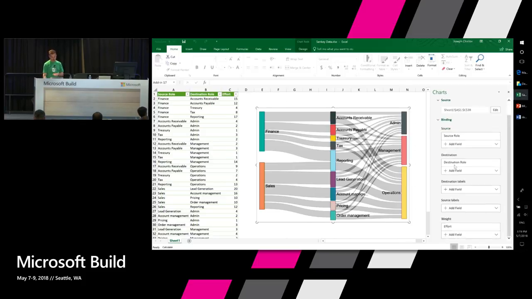The binding portion here is meant to mimic the data roles concept that Zvi talked about earlier. So what you see here, source, destination labels, source labels, these are not Excel-specific things. These are things that are defined by the visual. And this is how the user is going to map the data in the spreadsheet to the roles that the visual provides. So you can see here that source is mapped to source role. If I click this drop down, I can change what the mapping is. The options that I have here, source role, destination role, effort, correspond to my column headers. So it's meant to be a very simple, approachable